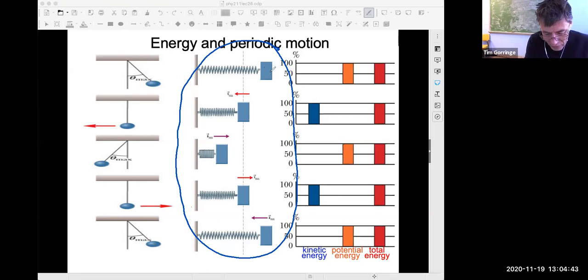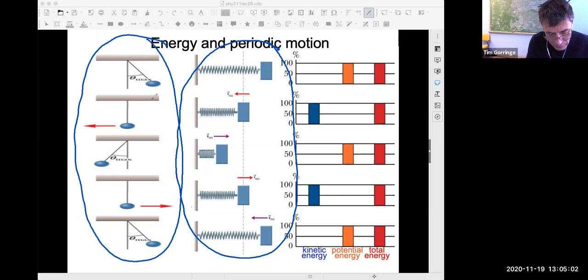We've got the spring to the right of the equilibrium point, passing through the equilibrium point, reaching the left of the equilibrium point, passing back through the equilibrium, going to the right of the equilibrium. And we got the pendulum doing exactly the same pattern. Starts over here on the right of the equilibrium point, passes through the equilibrium, moves to over here on the left of the equilibrium point, is pulled back through the equilibrium, and then finally it ends up over here on the right at the equilibrium point.